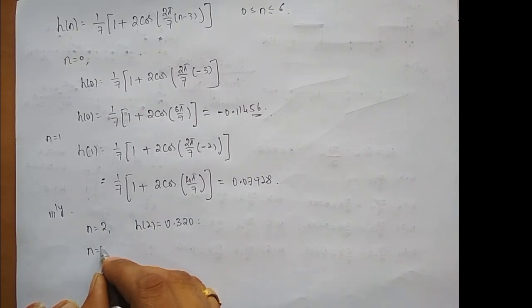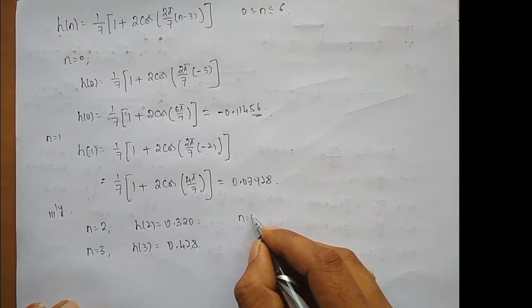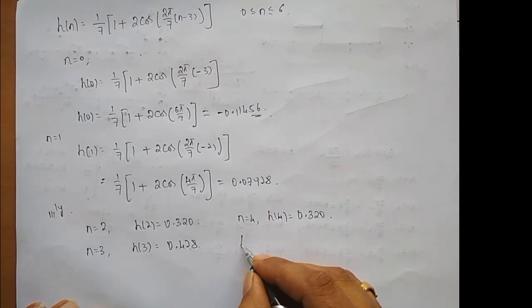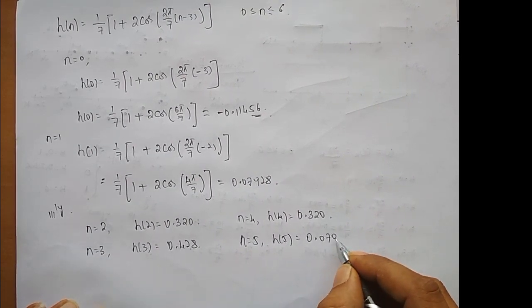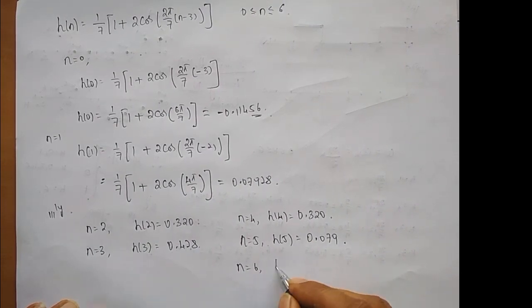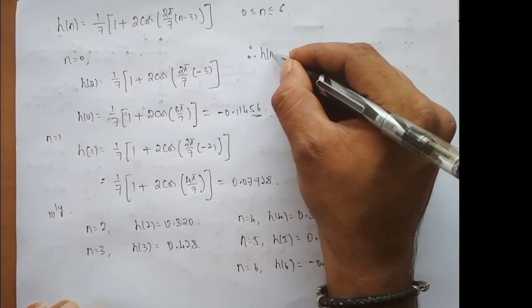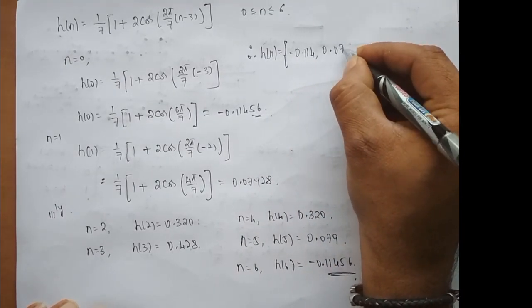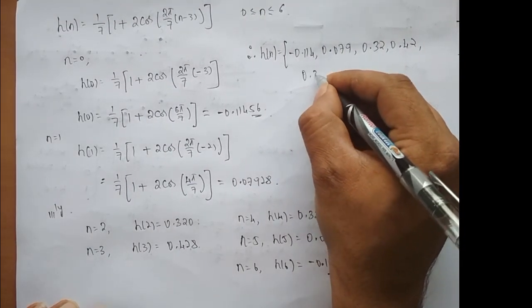0.320. For n equal to 3, h of 3 we get 0.428. For n equal to 4, h of 4 we get 0.320, and n equal to 5, h of 5 we get 0.079, and for n equal to 6, h of 6 we get the first sample, which is minus 0.11456. So therefore the impulse response h of n is minus 0.114, 0.079, 0.32, 0.42, 0.32,